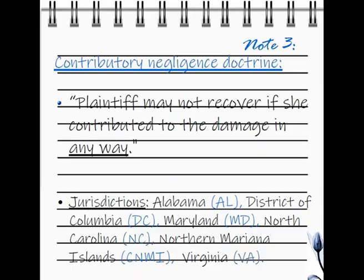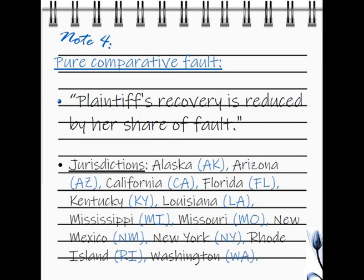My advice for defendants is to be mindful of the fault jurisdiction, which varies from state to state. For example, the District of Columbia, as well as the states Alabama, Maryland, North Carolina, Virginia, and the territory of Northern Mariana Islands, practice the contributory negligence doctrine, whereby plaintiff may not recover if she contributed to the damage in any way. Whereas the states Alaska, Arizona, California, Florida, Kentucky, Louisiana, Missouri, Mississippi, New Mexico, New York, Rhode